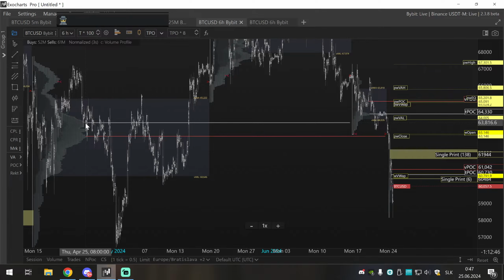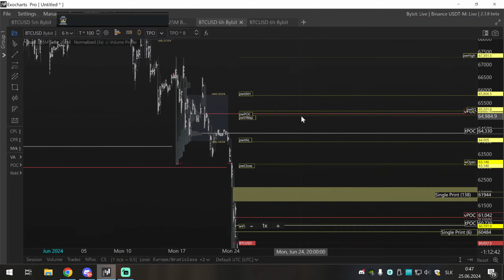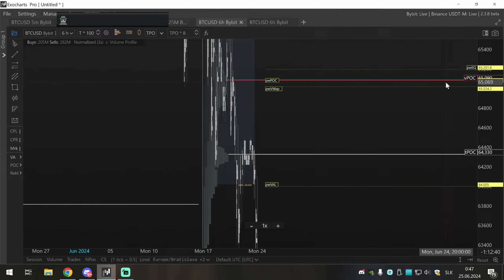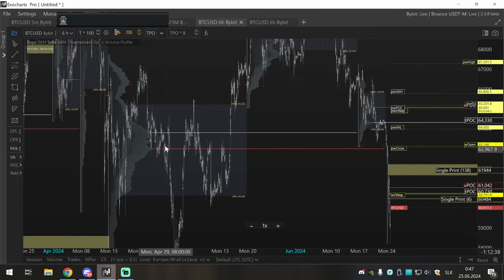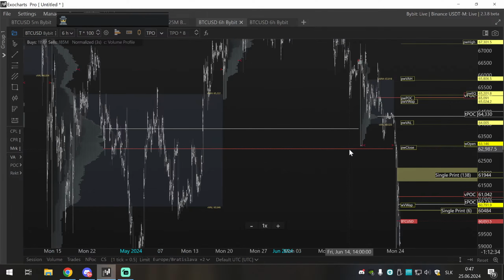So you have, let me check, because these colors are different. This one is volume, so the red one is the volume point of control. So the TPO G was retested here, and also the volume point of control. But I view this area as a high volume node, not just a precise point. We got the front run actually from this TPO G here and a push to the upside. So that was already spent. But the whole volume node for me was the area to look for trades.